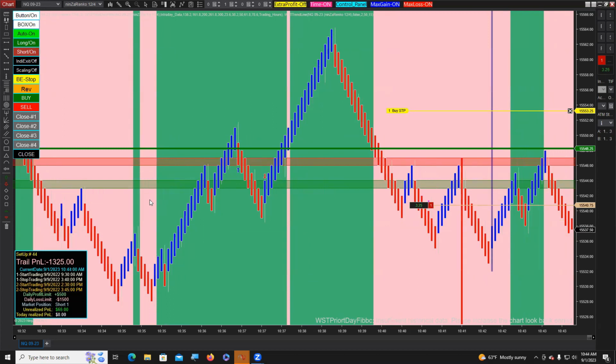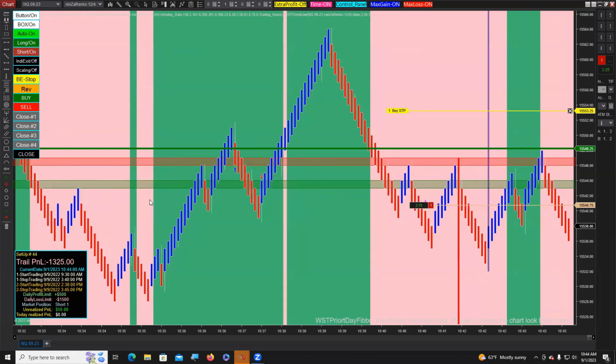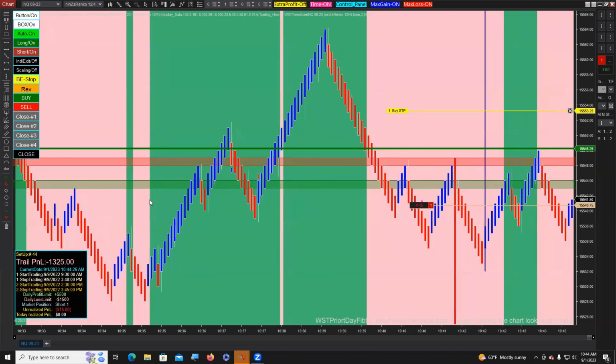You can't eliminate anything, but you can reduce the probability of this chop because you're only trading one side. Now, can you still take losses? Of course you can, but I think activating the strategy at particular locations on a particular bias could be a